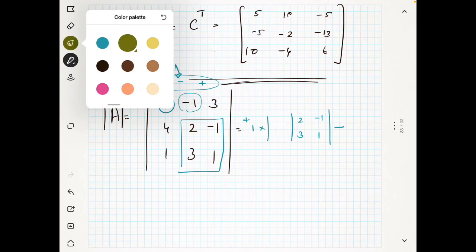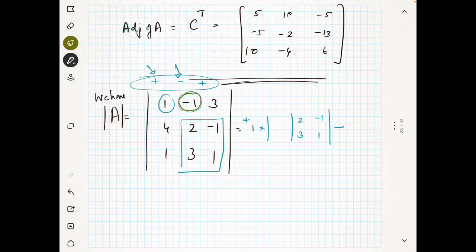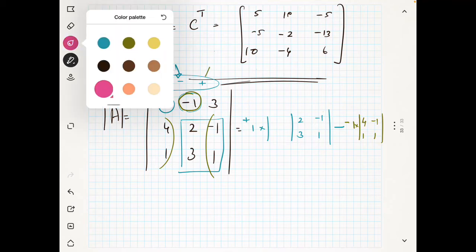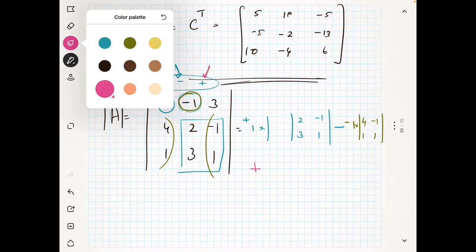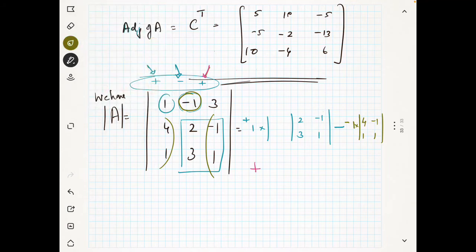I will use a different color. So this is minus 1, so minus 1 into the determinant of, what is that? I will remove that row and column, so what is remaining here and this one. So it is 4 1 minus 1 and 1. Next is the third part, so it's plus. Previously I used this minus and this is minus. Now plus,